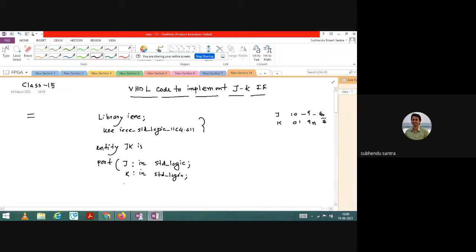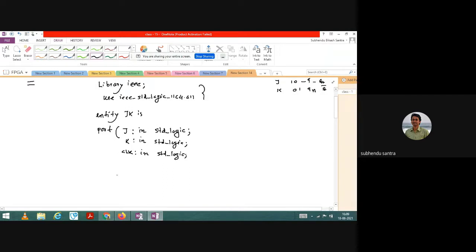So clock is also an input, std_logic, and clear, CLR, is also an input, std_logic.